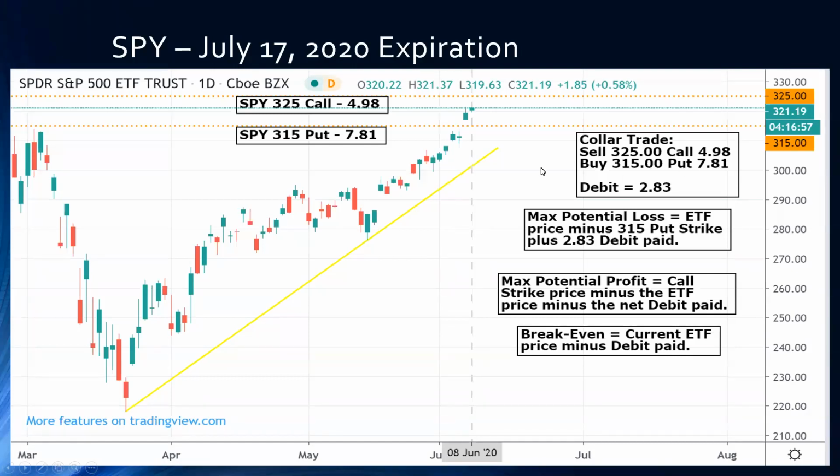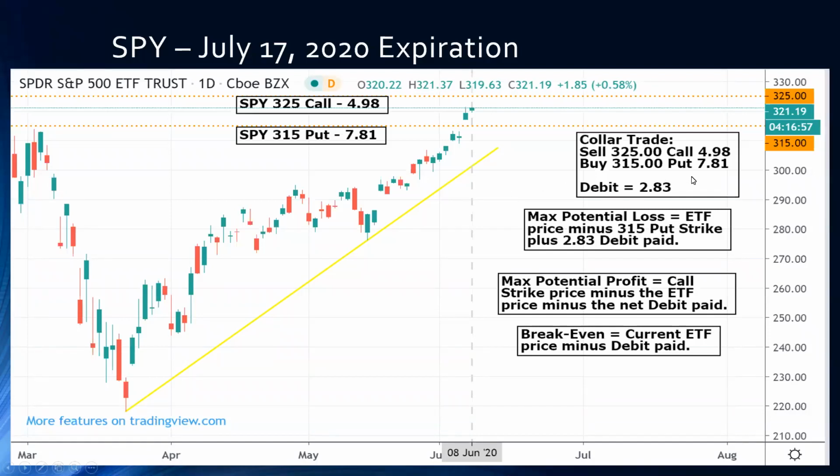And the reason is because we are long this Spider. We like the fact that we want to be long this, but we're getting kind of a little bit nervous about whether or not it's going to maintain this rally and stay bullish. Is it time for a correction? Well, corrections can happen at any time for one, but we have a lot of instability and reasons why, for instance, especially with the second potential wave for coronavirus and things like that that are going on. At least, when this was made a week ago.